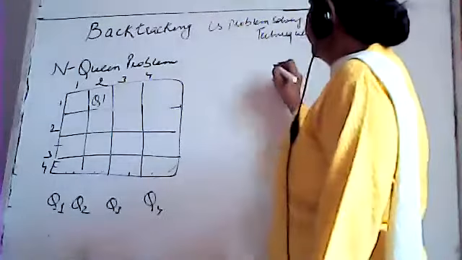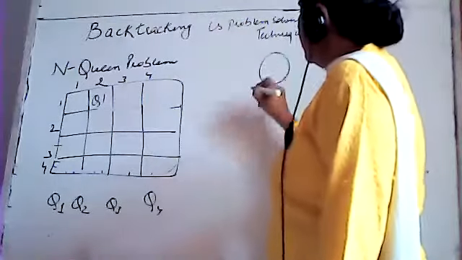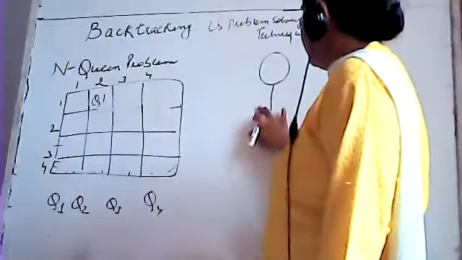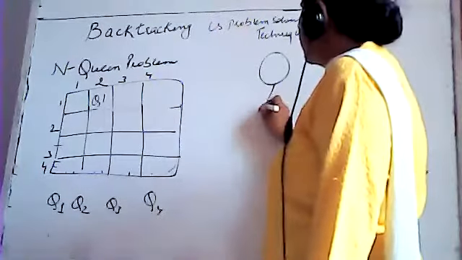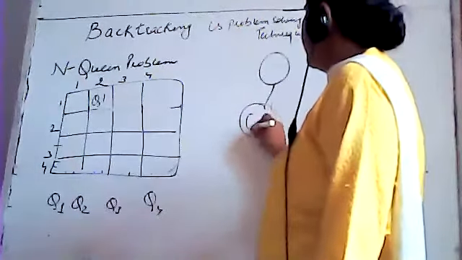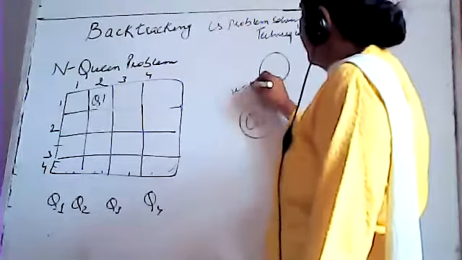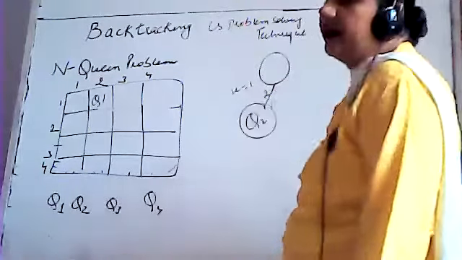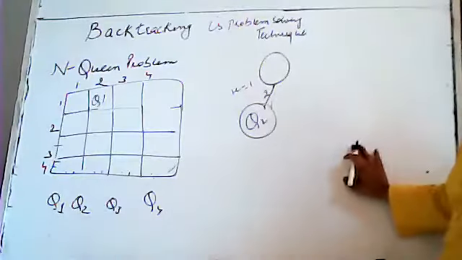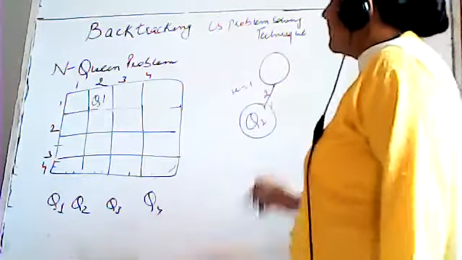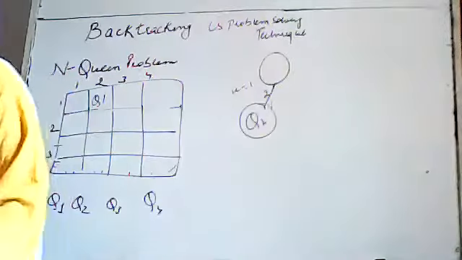See, now first tree side is over. Now I'll draw this way only because this will be again very lengthy. Now x is equal to what? X is equal to 1. This is position number 2. Fine. In first row at position number 2, we have placed the Q1. Okay. Now where to place Q2?